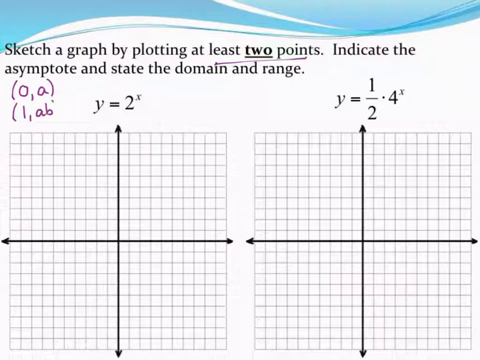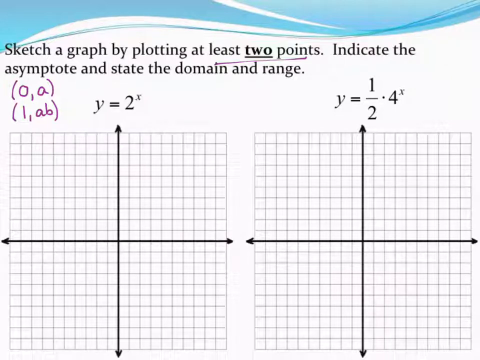So that's an easy shortcut way to find a couple points, although honestly what I would probably do is just use the table feature on my calculator to find a bunch of points. So if you know how to do that, and hopefully you do, I'd recommend just using the table. If you're not trying to do that, then ask me in class. So let me show you how we can use these two shortcuts to